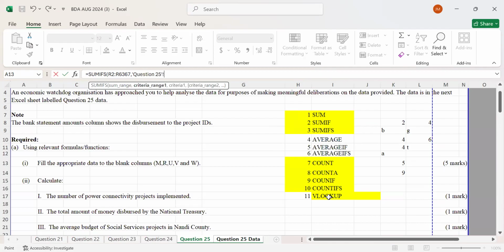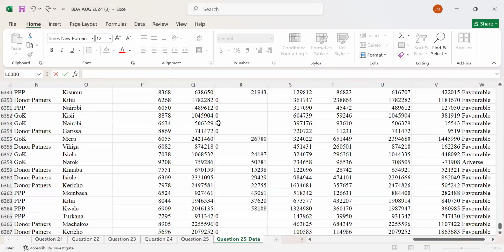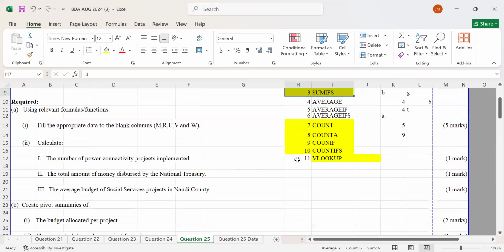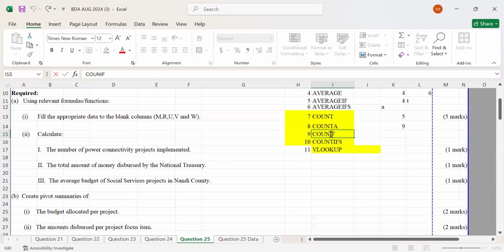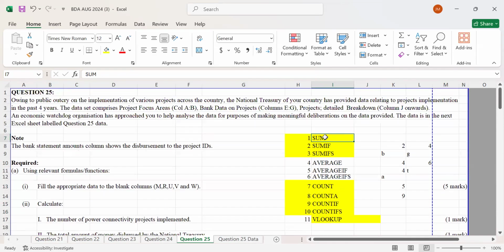We began with the VLOOKUP, the COUNTIFS, the COUNTIF. We talked about the VLOOKUP, the COUNTA, the COUNT, the SUMIF, and now we are doing what we call the